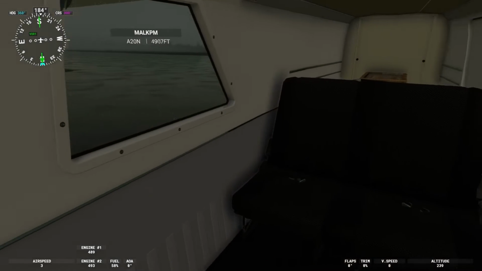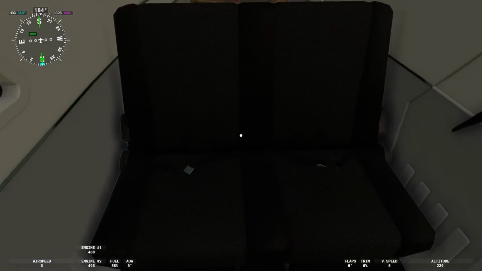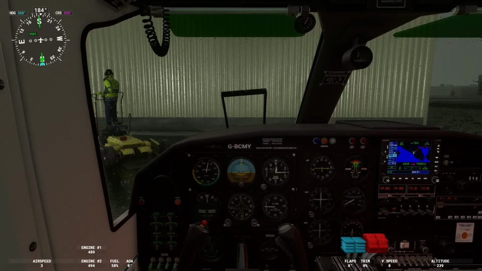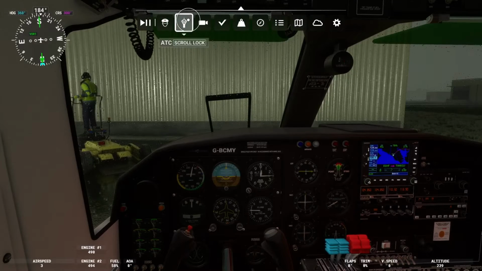Now there's supposed to be a couple spotters back here. They're not showing, but there's a spotter for each side, so that they can look for downed planes or boats or whatever, anybody that might be in trouble. So yeah, that's the